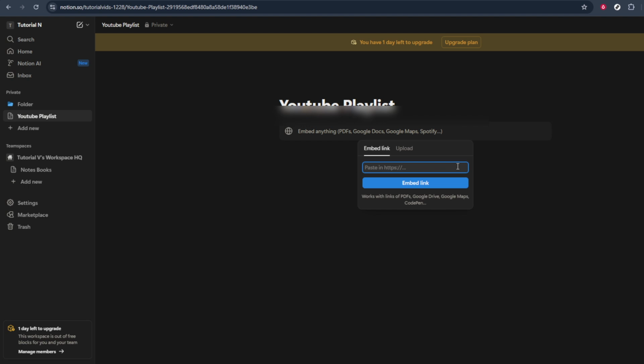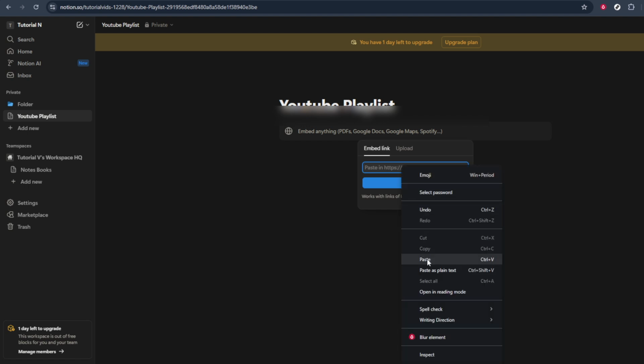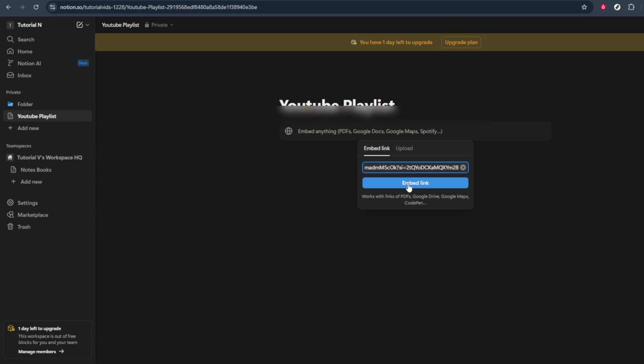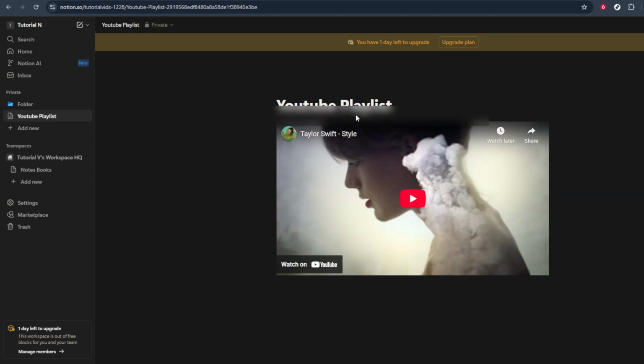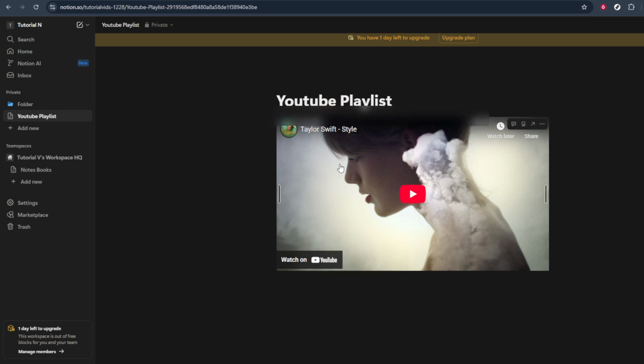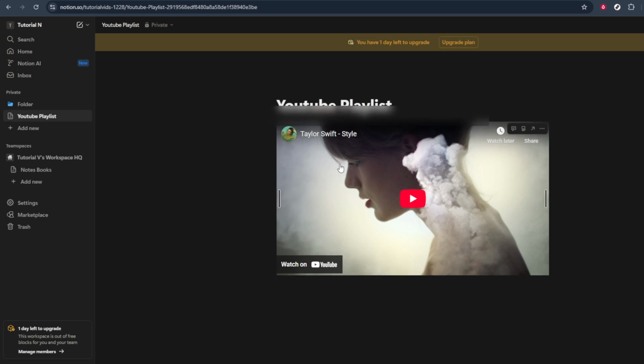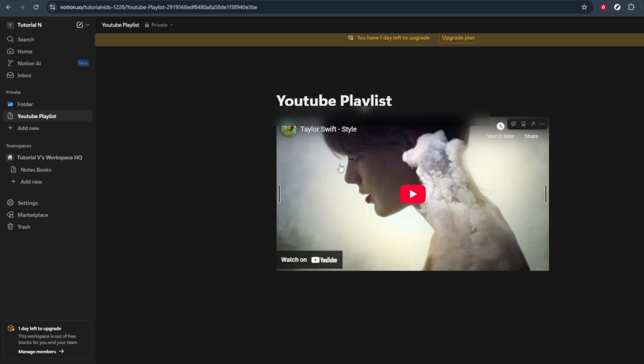Now that you have the embed option ready, the next step is to grab the link of your desired YouTube playlist. Navigate to YouTube, find the playlist you want, and copy its link from the address bar at the top of your browser. Once you've got the link, head back to your Notion page and paste it into the URL box that appears after selecting embed. You'll want to make sure the YouTube link is pasted correctly to avoid any hiccups. Once pasted, you'll see an option to embed link. Click on that. This action tells Notion to process the link and display the playlist directly in your page,